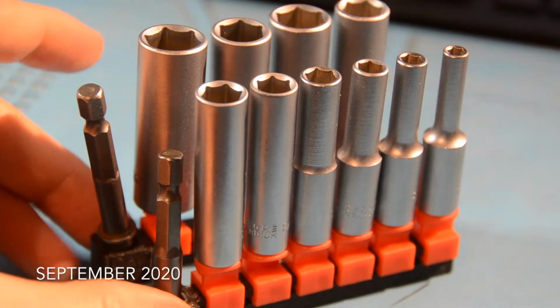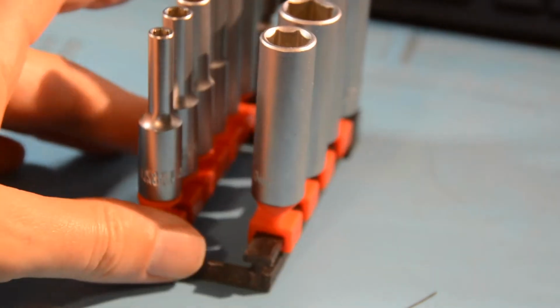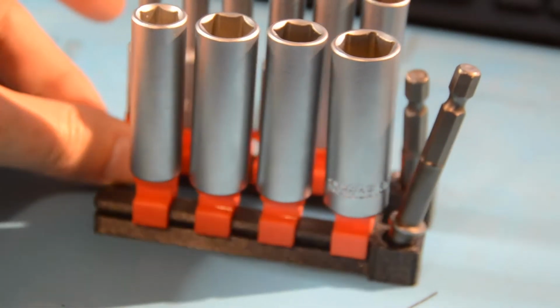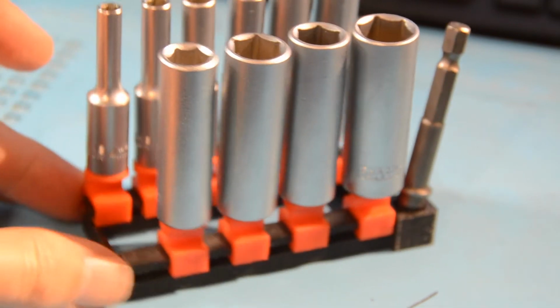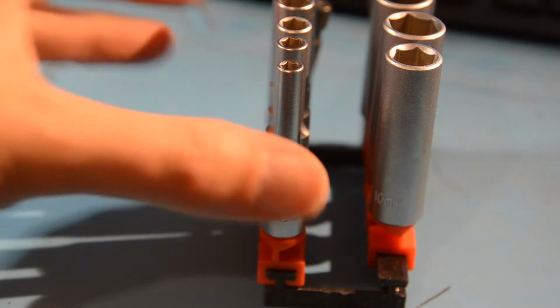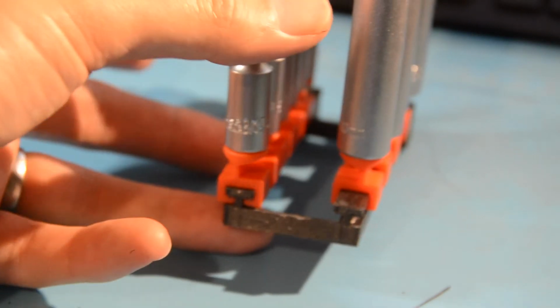So this is what I'm making today. It's a 3D printed storage rack for these nice deep sockets that just arrived. The orange clips are part of the original packaging. They were clipped onto a long piece of black plastic with this C-shaped clip profile clipping onto an I shape